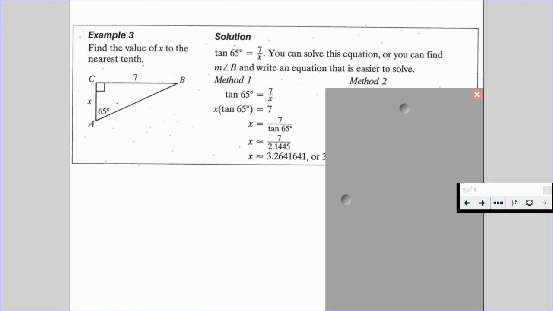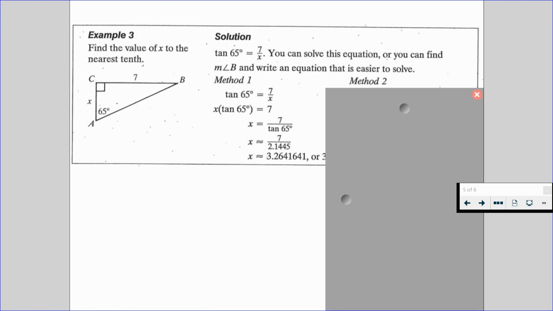And tangent is a function. So whenever we're talking about inverse, we'll have to get there. But it's the inverse of a function. So if we want to get the x all by itself, we multiply both sides by x, and then we divide by tangent of 65. So x is going to be equal to 7 divided by the tangent value of 65 degrees,